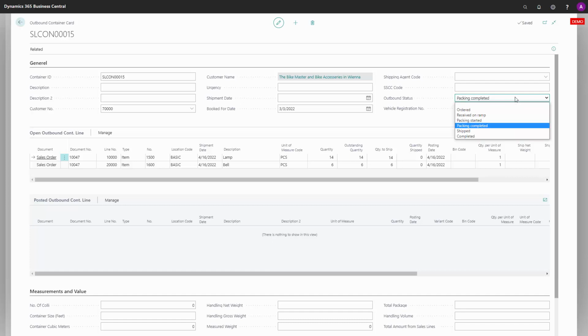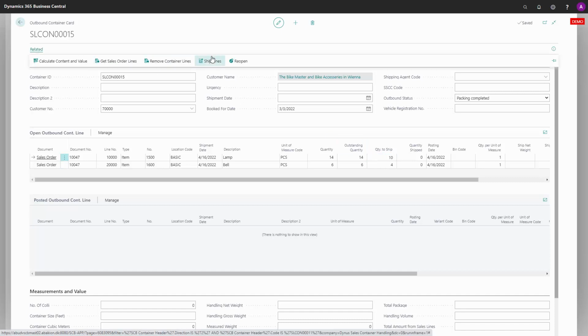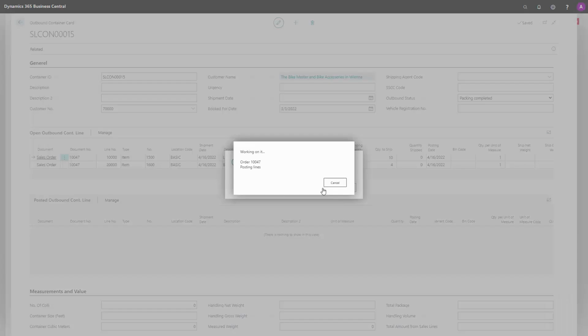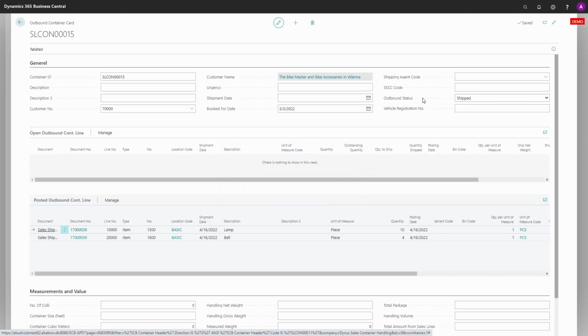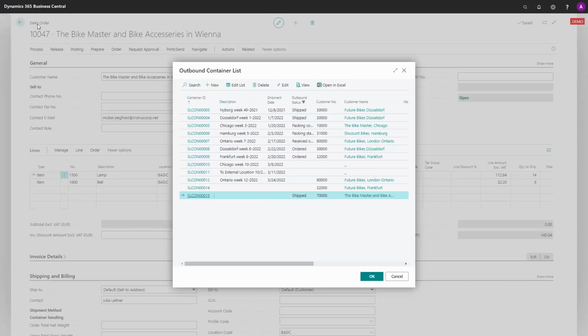So the first automatic outbound status is the status shipped, which is the next one, meaning if I am shipping on this container, let's just say that we are shipping some of it for some reason, like this, and I post the shipment on the container, and it will automatically set the outbound status to shipped. The outbound status is shipped, but the container is still visible on the container list,